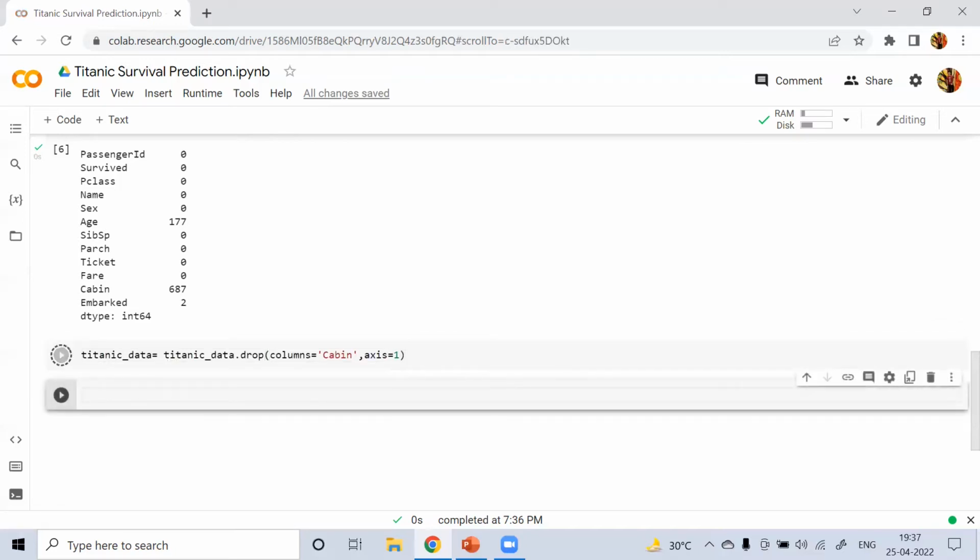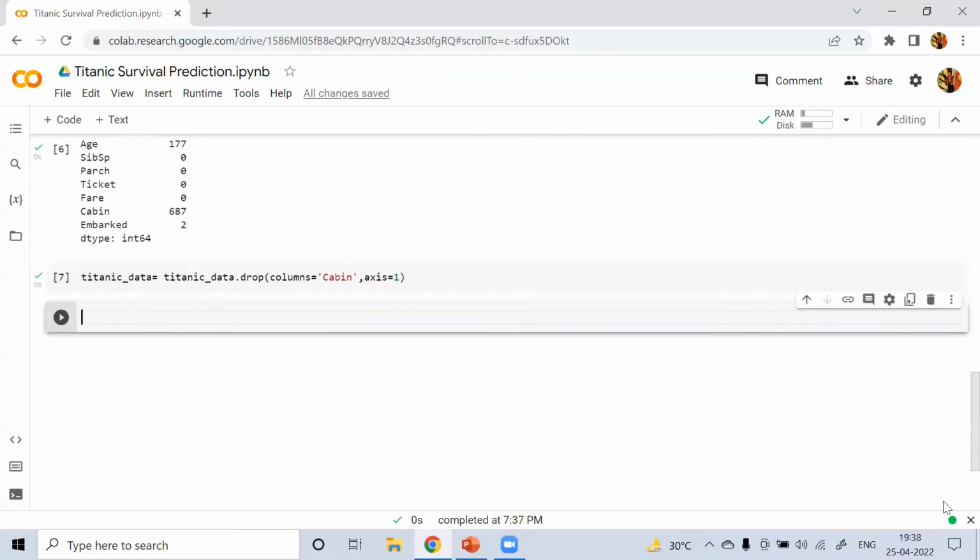I will run this. So our Cabin column has been dropped since it contained a maximum number of missing values, and it would not contribute to our model building purposes. So we decided to drop that column.